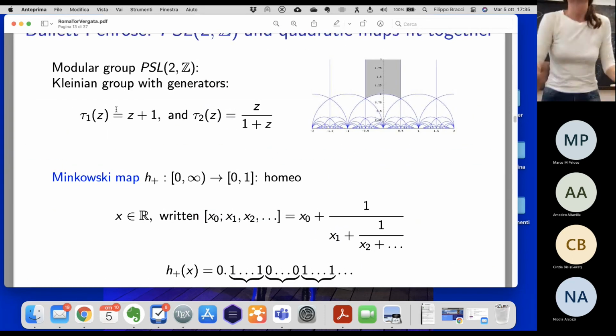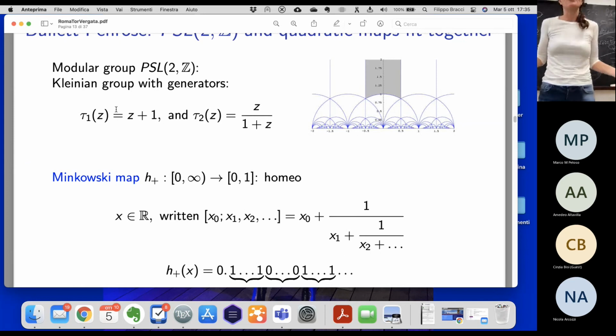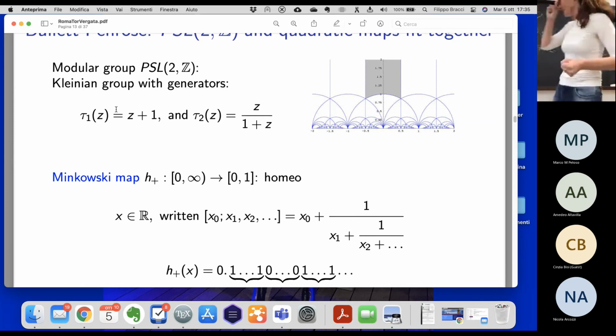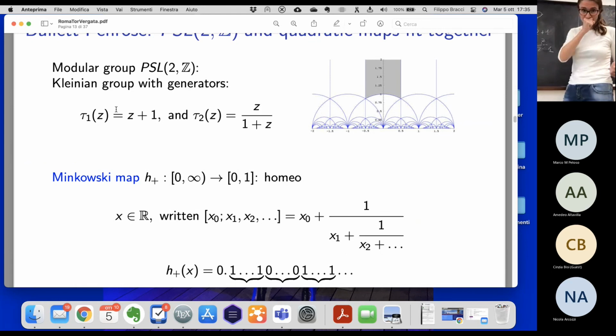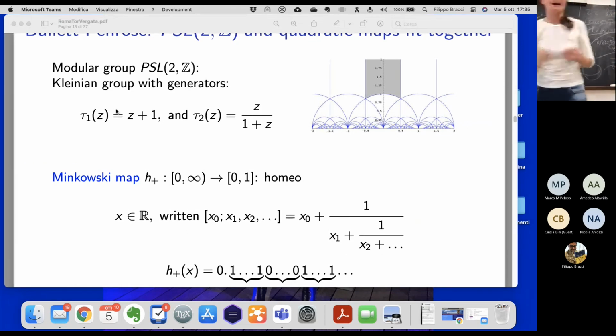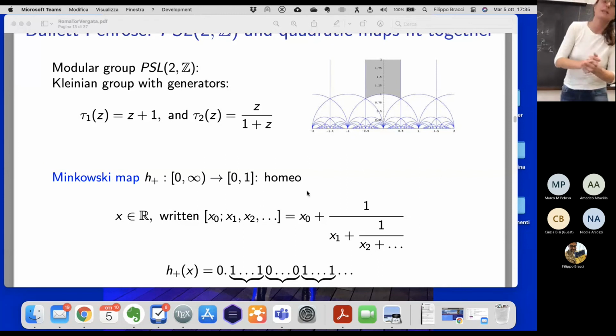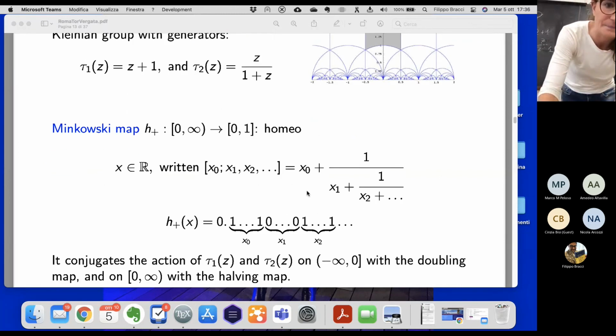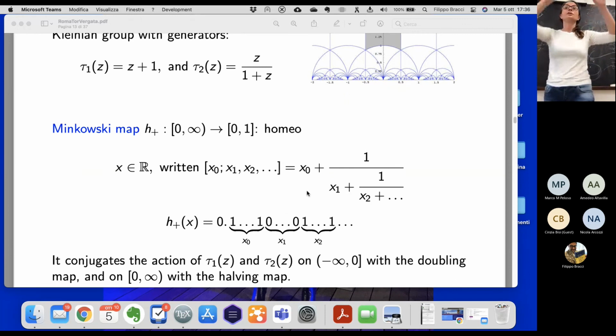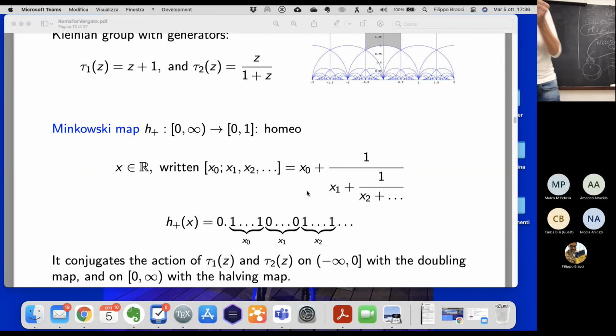Well, you probably guessed, since I'm here telling you the story, that yes, we can mate quadratic maps and the modular group. Actually, there exists a map, the Minkowski map, which is a homeomorphism that sends a number written in continued fraction expansion to its binary representation. And this homeomorphism conjugates the action of the generator of the modular group, this is 0, sorry, on the negative